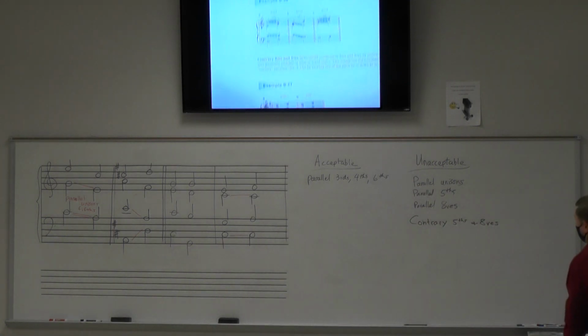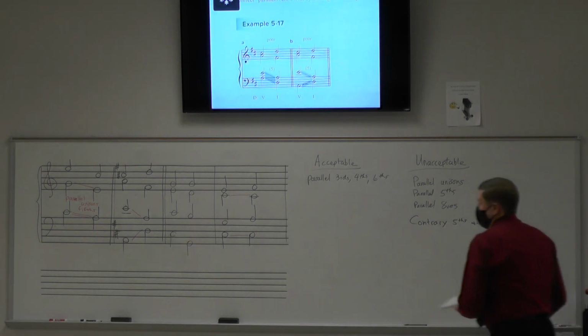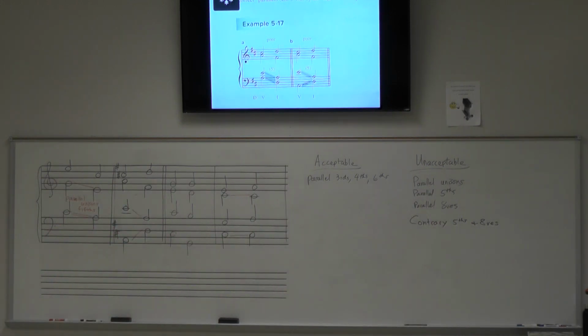Let's see here. This shows you that parallel fifths cannot be corrected by writing contrary fifths. It still has the same open or hollow sound between the voices. So if I play the two measures of this example, you see in measure A, you have parallel fifths between the bass and the tenor. And then in the next measure, it's still tough to write contrary fifths. So the first measure sounds like this,